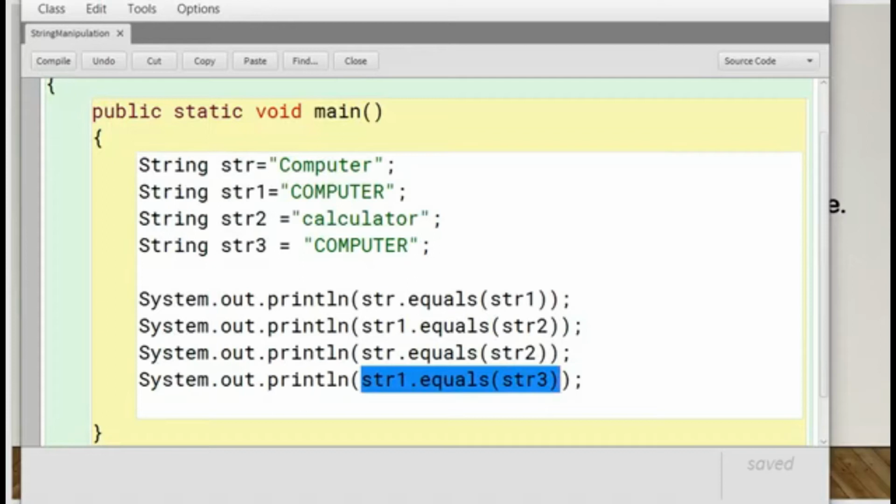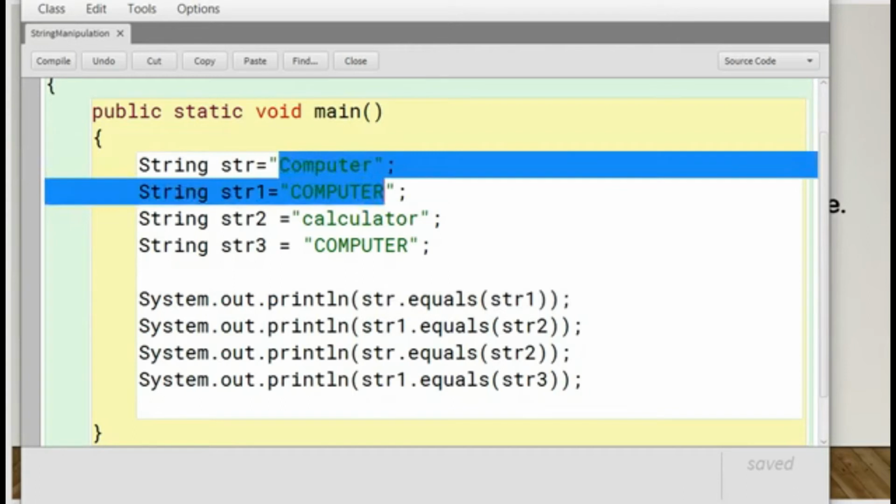So if we execute the statement str1.equals(str3), obviously we will get a boolean true value. This function will return the boolean true value, as if we compare character by character, all the occurrences of the character are the same, including their cases. So only this comparison returns the true value; all the other comparisons return the false value.